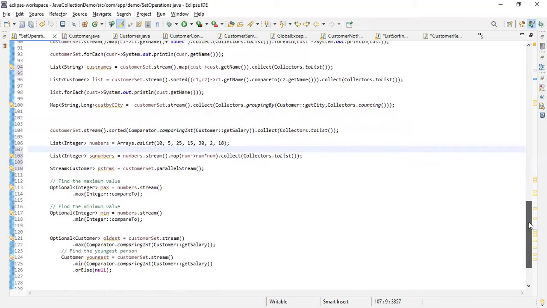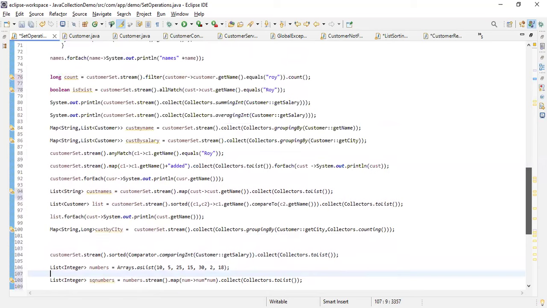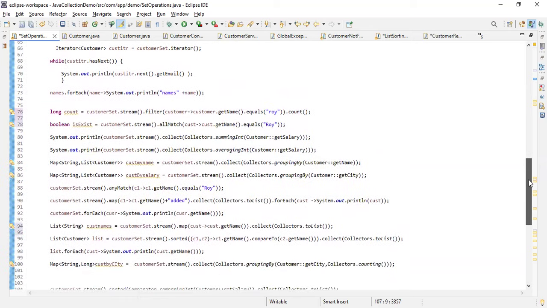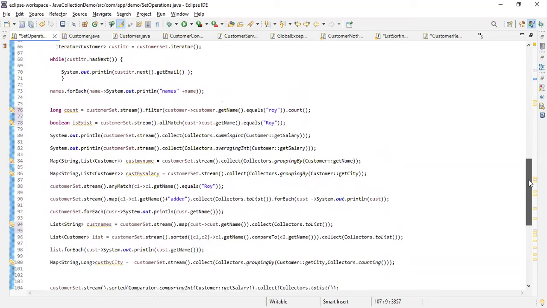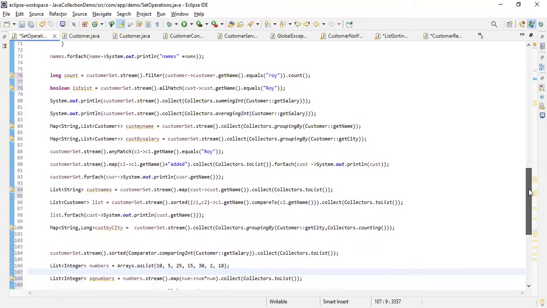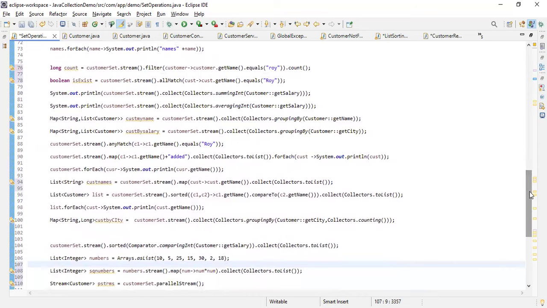Optional we have covered here. Apart from that, we have covered all the other most important operations which you need as far as interview questions are concerned. So you can consider this as Java 8 most important frequently asked questions, or Java 8 stream API tutorials. Majorly, how you can do the sorting based on different parameters. As of now we have done it based on age and based on salary. So these are the things that are frequently asked questions for 2 to 8 years, 2 to 9 years experienced developers.